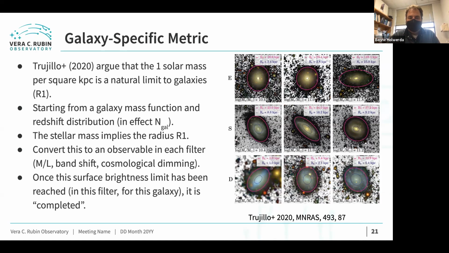Now I have to say that for the Galaxy Working Group, we have a 'we'll get there when we get there' kind of attitude. Our science isn't going to be completely killed if we do a different cadence. But it will be very instructive to see at which point we know enough, at which point analysis is going to surpass DES, for example, at which point we learn more. Can I have the next slide, please?